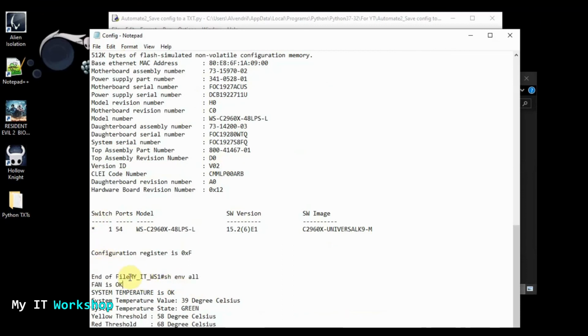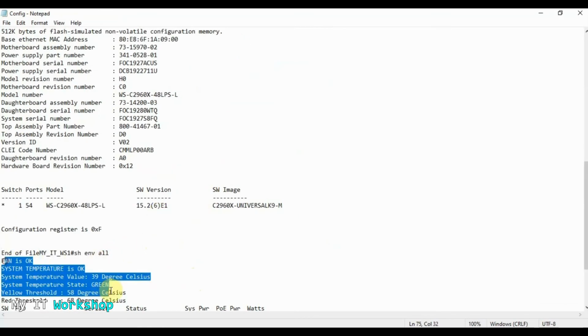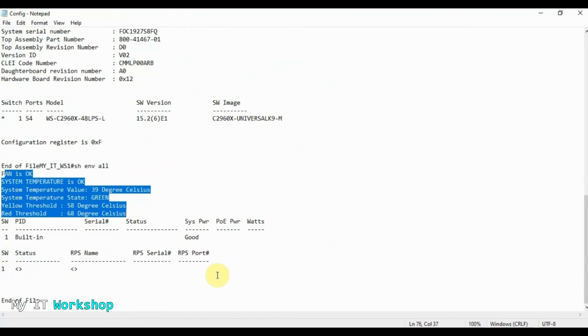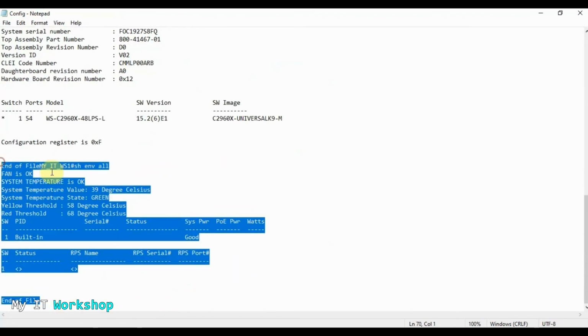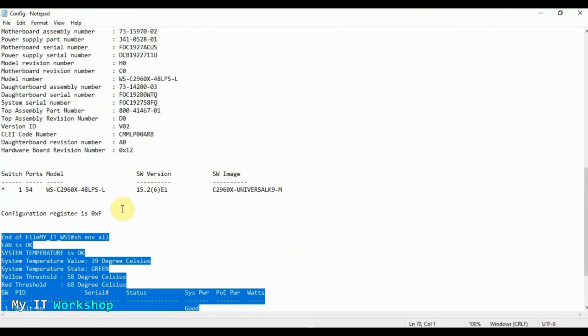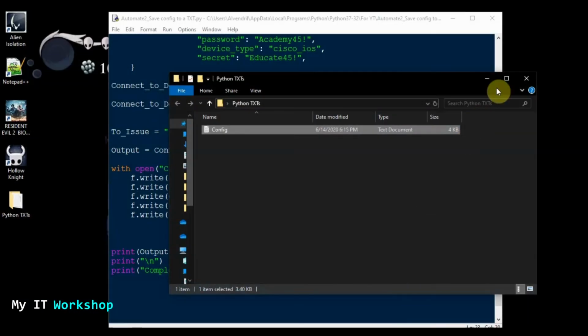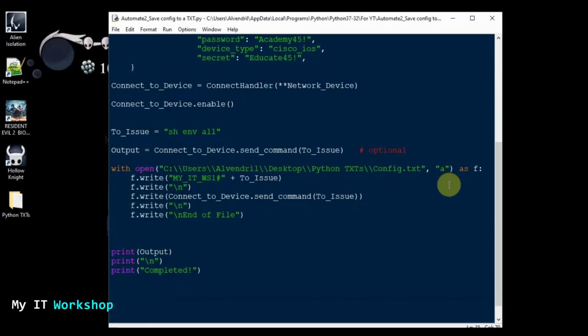End of file, well, this part would need to be changed. My IT workshop and show environment all. So it's showing us the same, but it has not been replaced. It has not been replaced. It has been added to the file that we already had. So that's pretty important. Maybe you need to